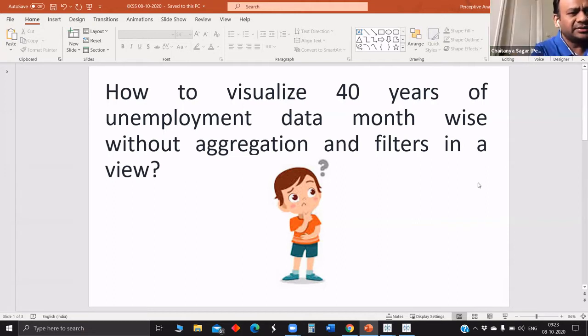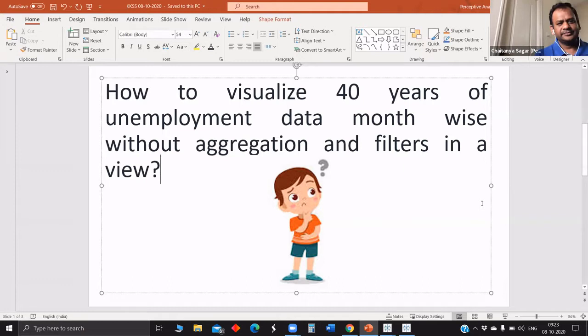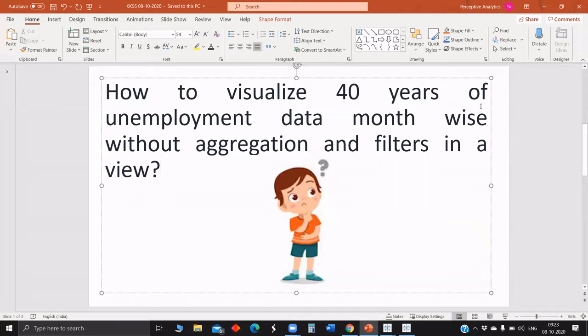You can create a column for year alone and put that in detail. So it will give us, for example, 40 years means 40 trend lines across Jan to December. Yeah, I was also thinking something similar. For example, if you have year in the row and month in the column, and if you have the numbers, can you do something like a heat map which will give us the... That's possible.